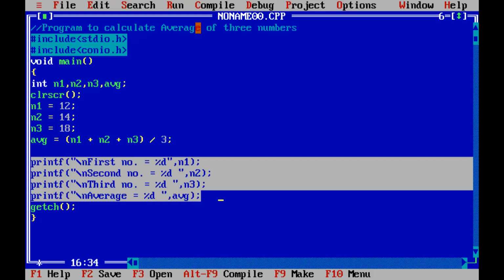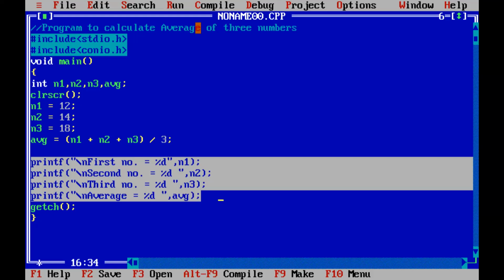So whenever we get any problem to write a program for this in C language, every time we follow this kind of approach. Means we write program in C just by following a step-by-step manner. Means first we declare the variables, then we take input from user or directly in this program.